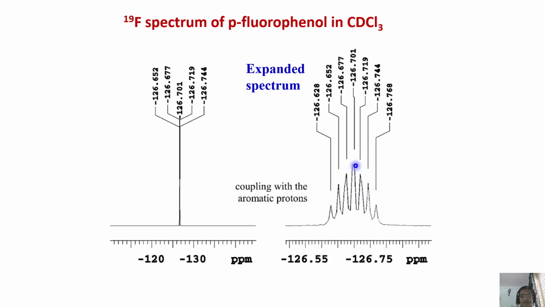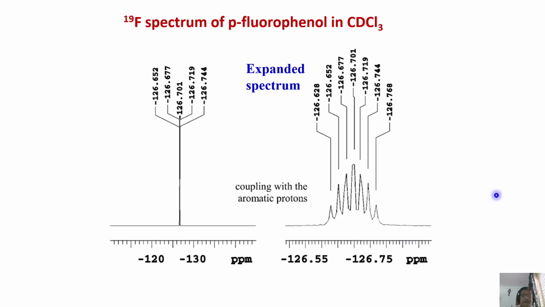See, first thing, fluorine is experiencing coupling with these two protons which are ortho to it. They have the same coupling strength because of symmetry, right? There is a C2 symmetry for the molecule, same coupling strength. Then it gives us a triplet-like pattern, because two peaks of the center overlap. Each of these lines experiences coupling with the meta protons of equal strength. Both meta protons have the same coupling strength to fluorine.